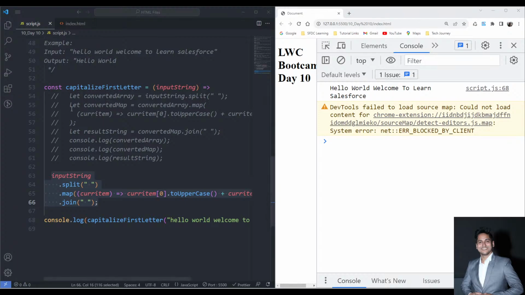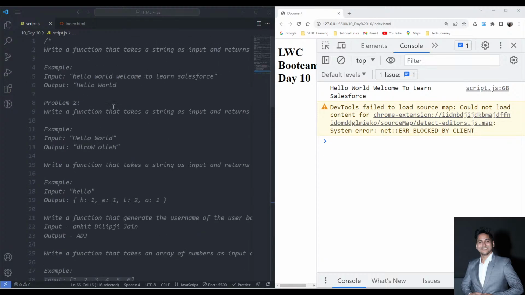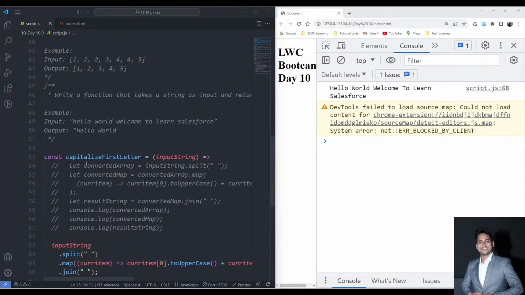Okay, let's come to the next assignment now. In the second assignment, what we are supposed to do here is write a function that takes a string and performs the reversal of the string. So let me go and